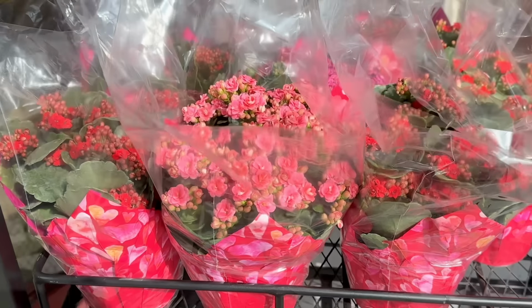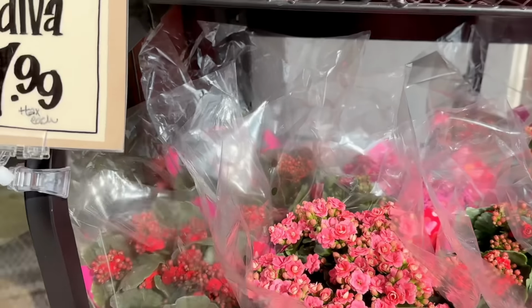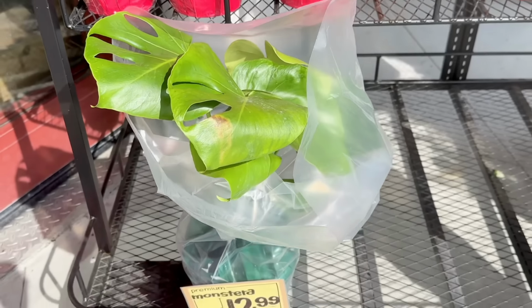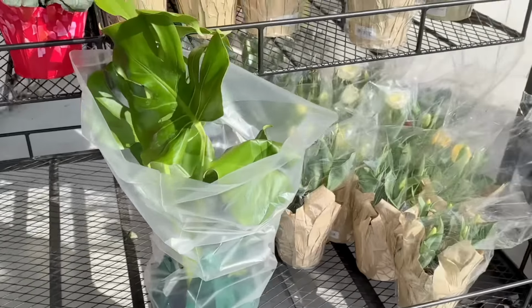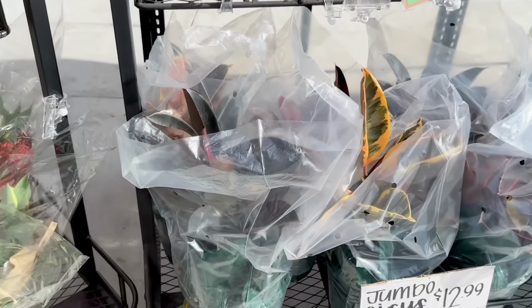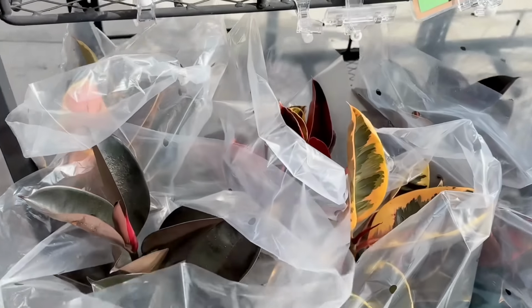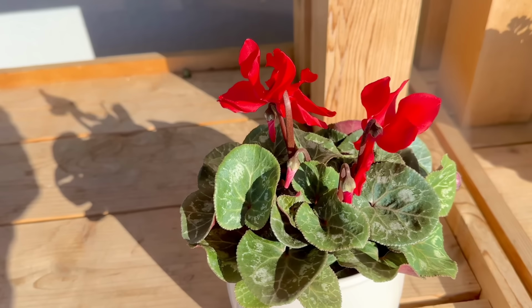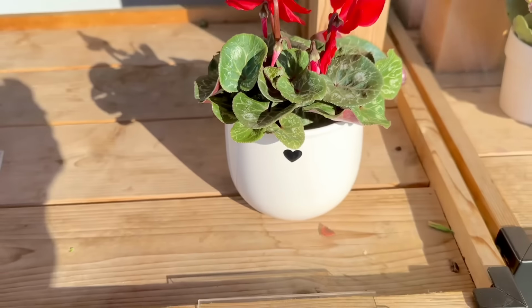There are large pots of calendivas that are in a pretty pink. They are $7.99. Also, monsteras are back for $12.99. And also there are some jumbo ficus for $12.99. If you guys know what the difference between a ficus and a monstera is, please let me know. And there was one deluxe calendiva left in a ceramic pot with a cute little heart cut out in the